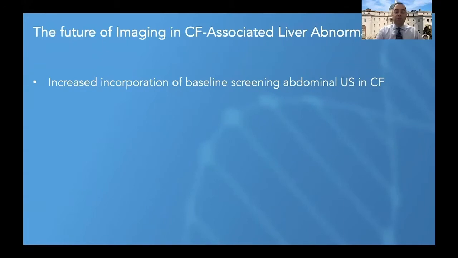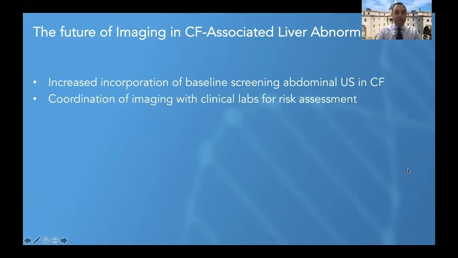I believe that there is a need to increase the incorporation of baseline screening abdominal ultrasounds in persons with CF, both in pediatrics and in adults. I think there is a need for better coordination of imaging with clinical labs for risk assessment. Some of the composite scores that I had indicated in the preceding slides will be helpful for our risk assessment